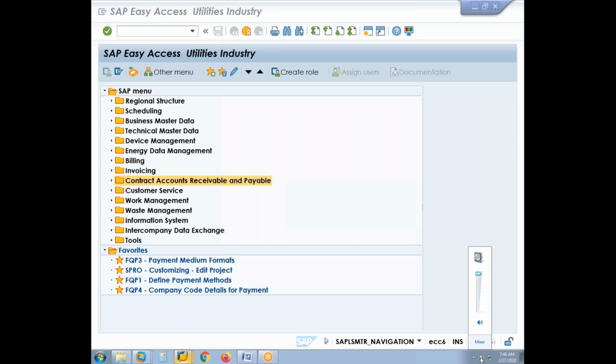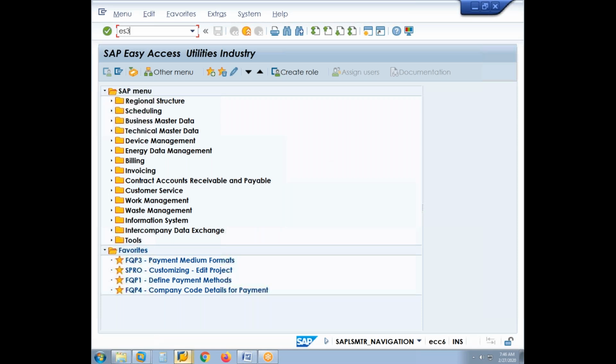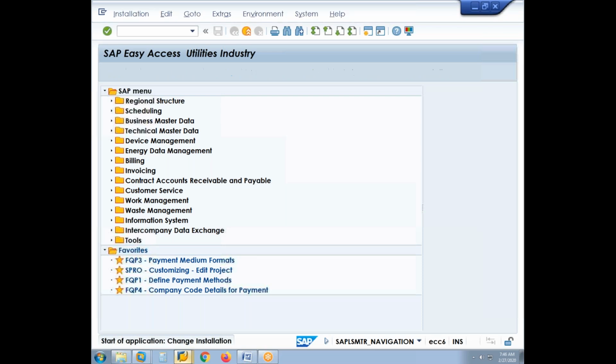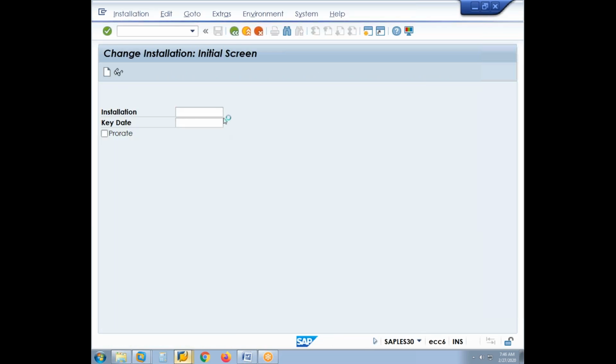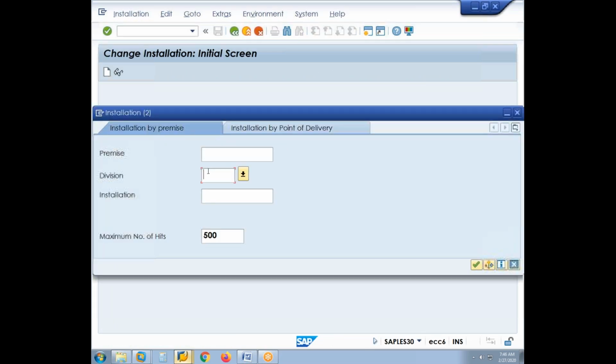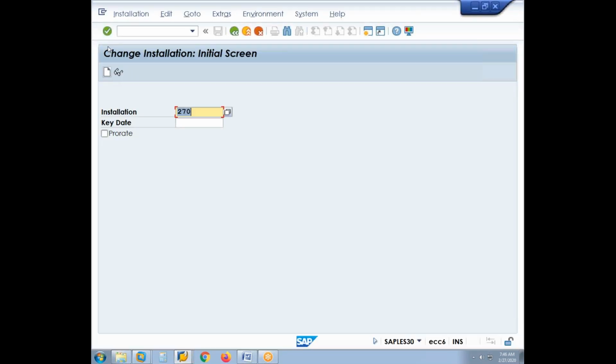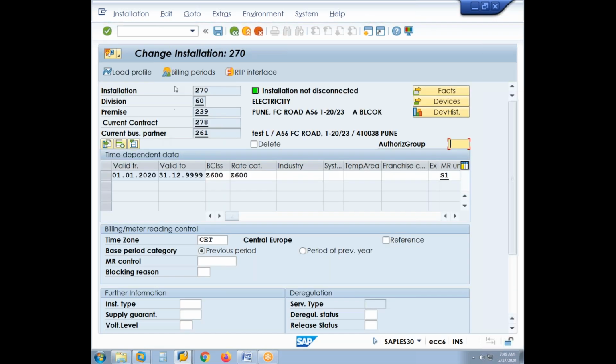Okay, in the last session, we completed the meter reading and the entry of meter reading results for the energy meter and the demand meter. Now we will execute the billing. So if we go to ES31, latest installation for division 60, 270, billing periods,